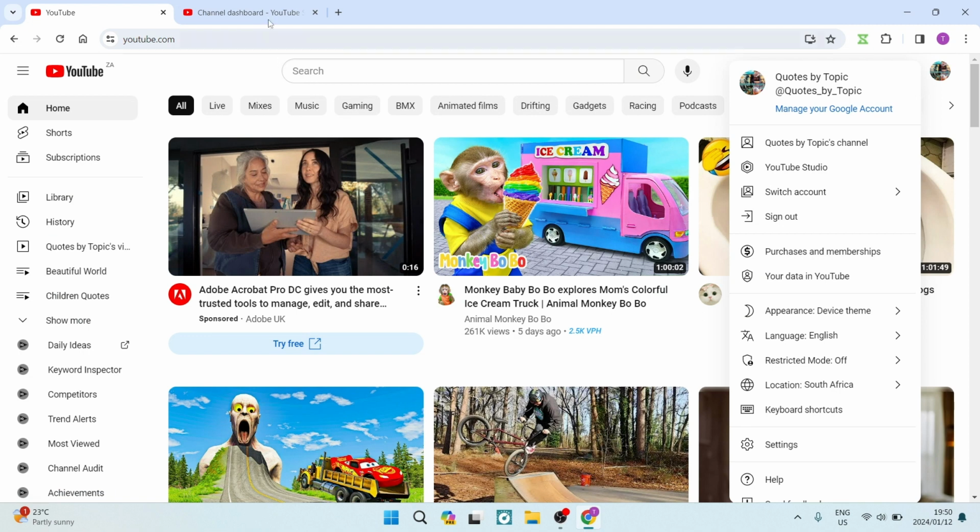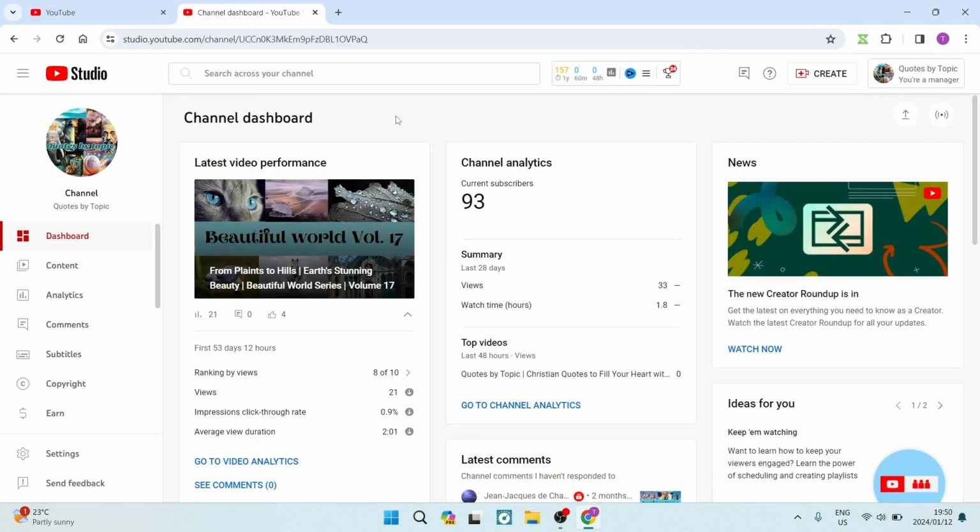And once you're in YouTube Studio, the page will actually look like this. This is your dashboard, and you're going to go over to the left-hand side, and there's a menu. Now you're going to scroll down on that menu, and you can see that right at the bottom there is